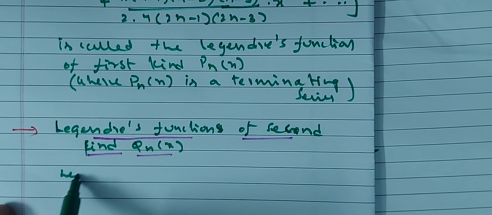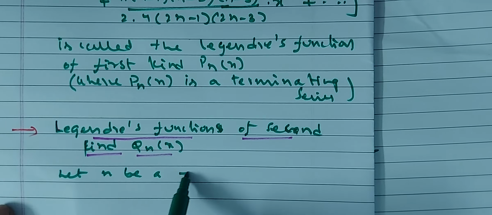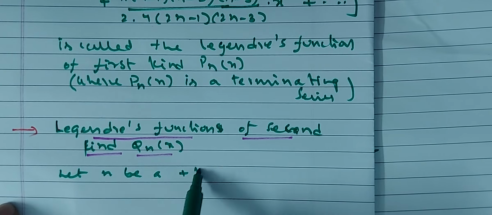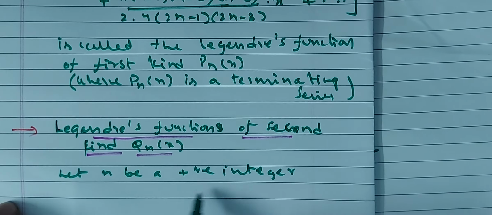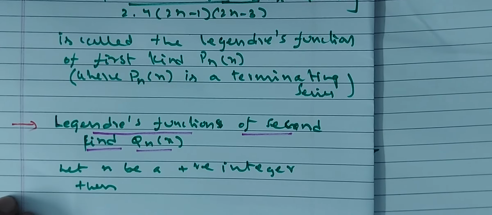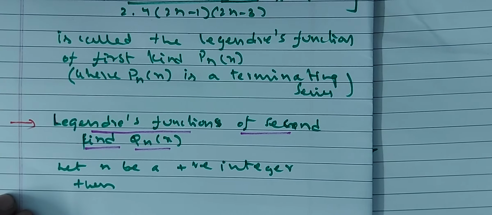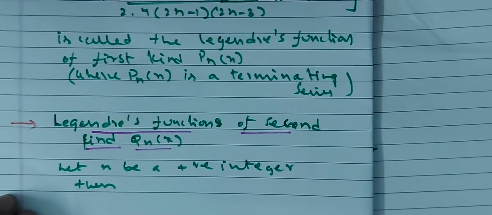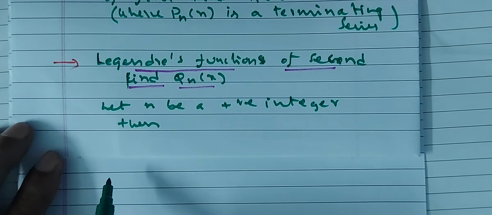Let n be a positive integer, then Qn of x is equal to